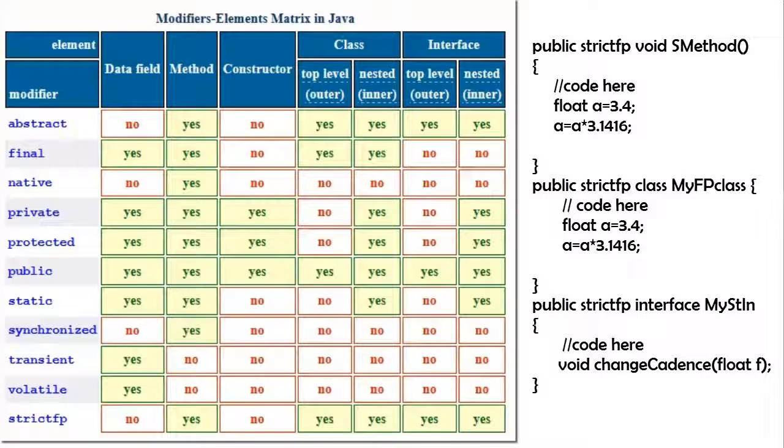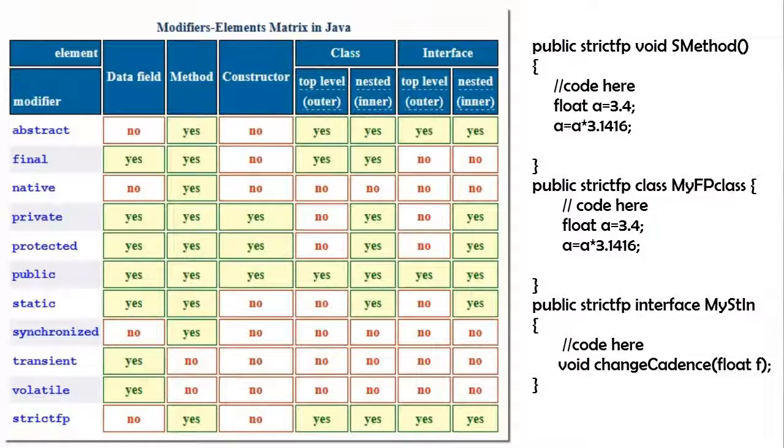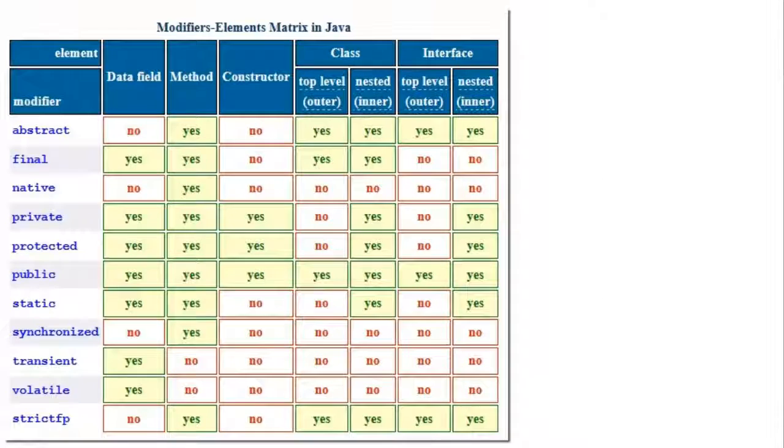If your class or interface is declared as strictfp, then all code inside your class, if there is any floating point calculation, will maintain platform independent precision for this segment of code. Now let's talk about some rules